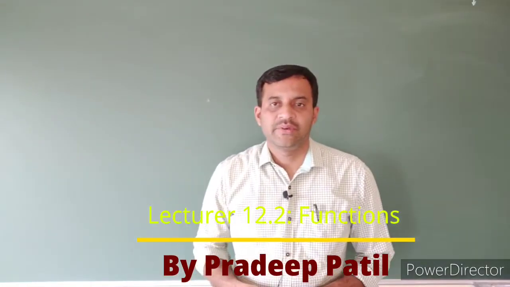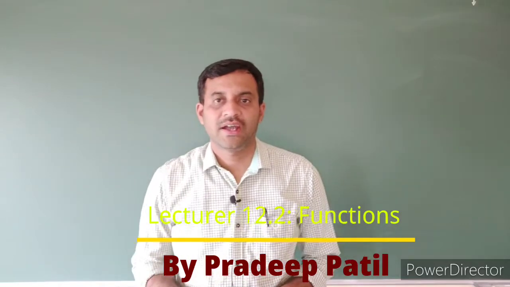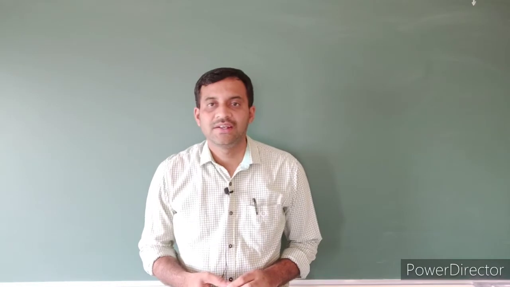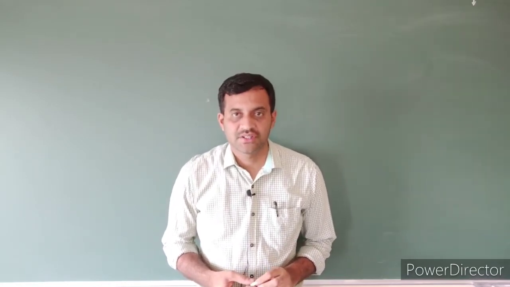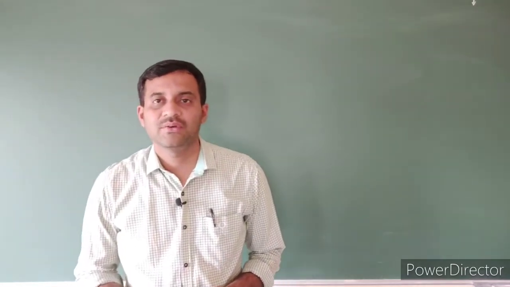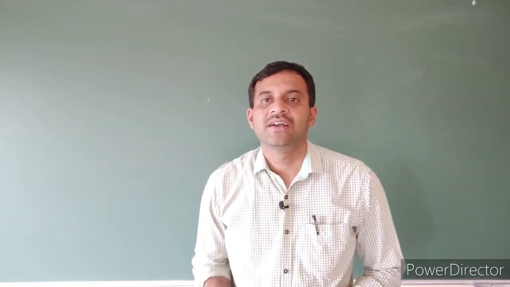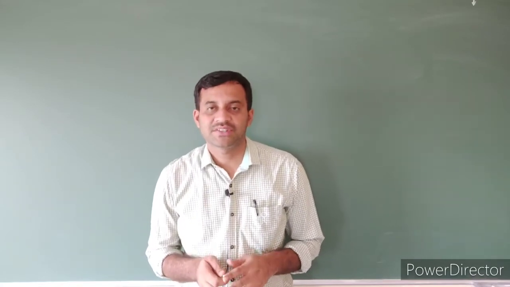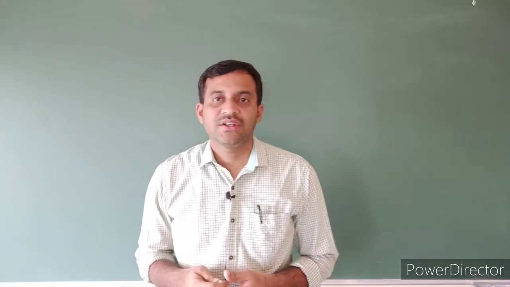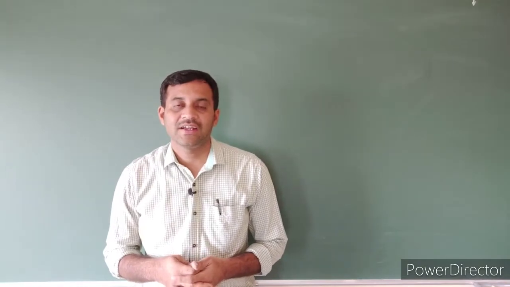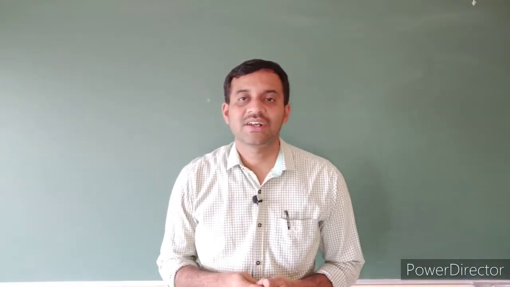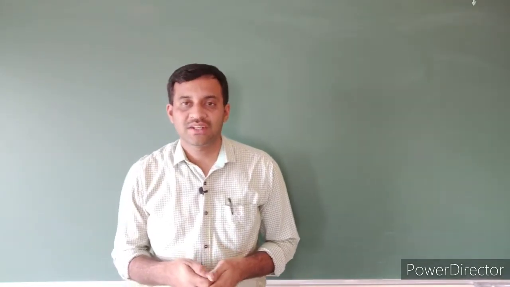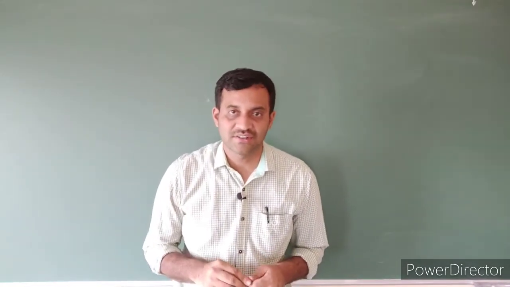In the last session, we discussed character handling functions. All character handling functions belong to the header file ctype.h. To read a single character, we use the library function getchar. To print a character constant, we use the library function putchar. In this session, we discuss string handling functions and strings: what is a string, how to read a string, and how to output a string.